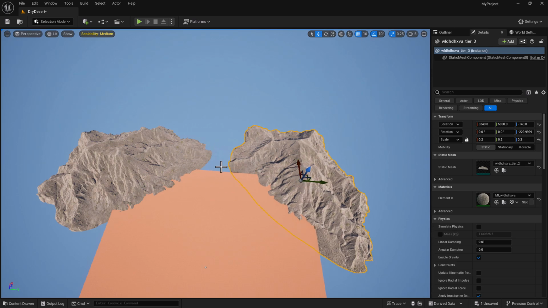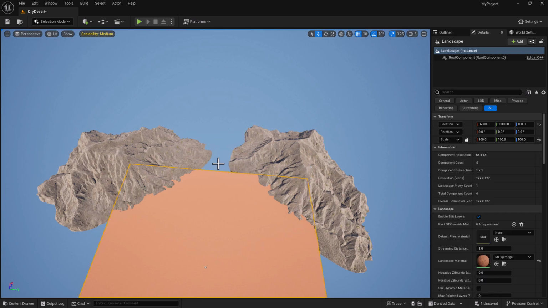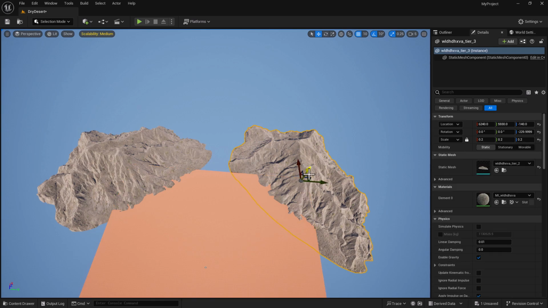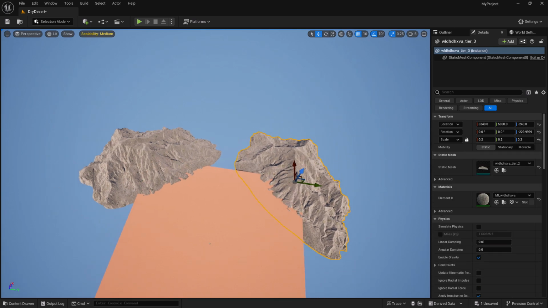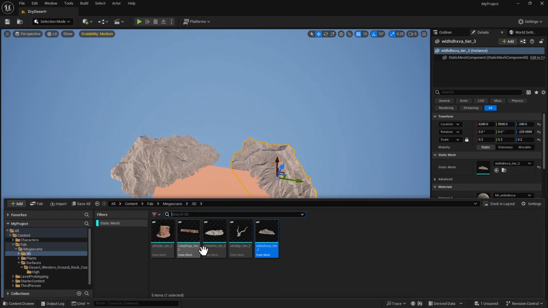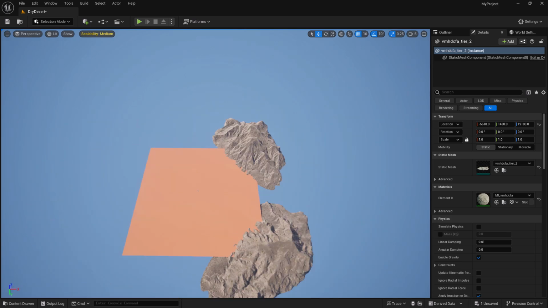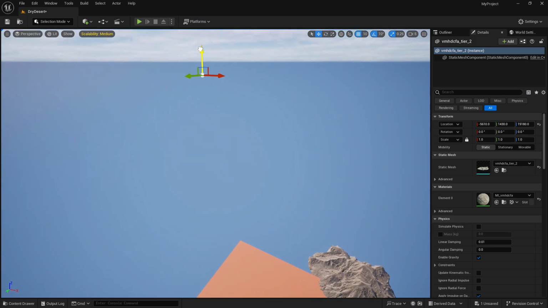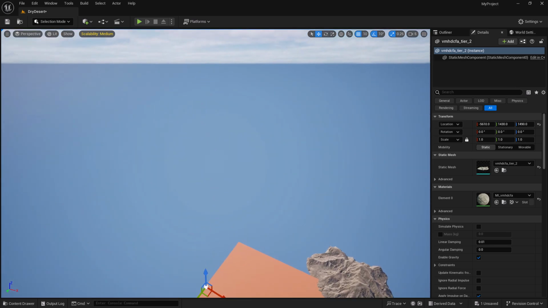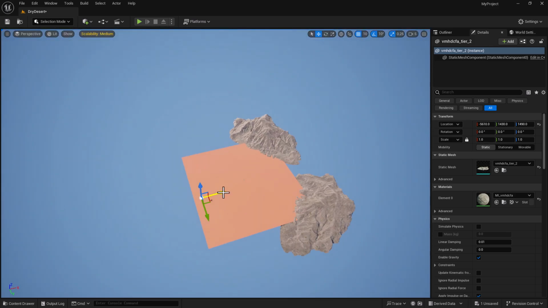Now you see here we got this gap. So we're gonna use another mesh to fill in this gap here, okay? Let me raise it up a little bit like so, okay? So go back to your content folder. We're gonna grab and we're gonna drag this out. Now this mesh, we're just gonna drag it, put it all the way down, right? Move it all the way over here,